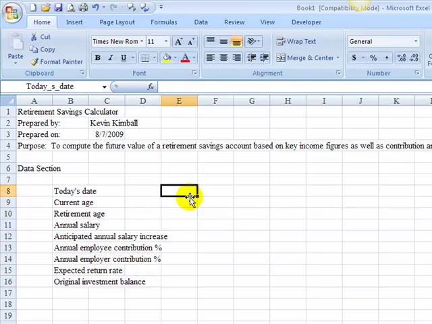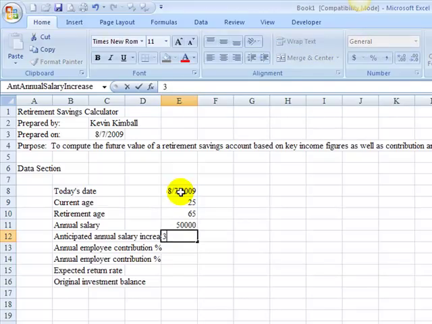And that just saved me a little bit of time. And as you can see, test it out. Go into cell E8, you should see that the range names came with them. So all those seem to be good. So the main purpose that we just completed right now is naming all of these cells. Let's start putting in some numbers. For example, today's date, let's just put in today. Current age 25, retirement age 65, annual salary 50,000, 3, and I'm going to put in percent,